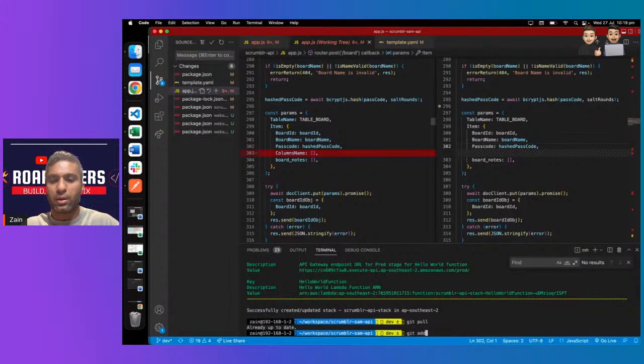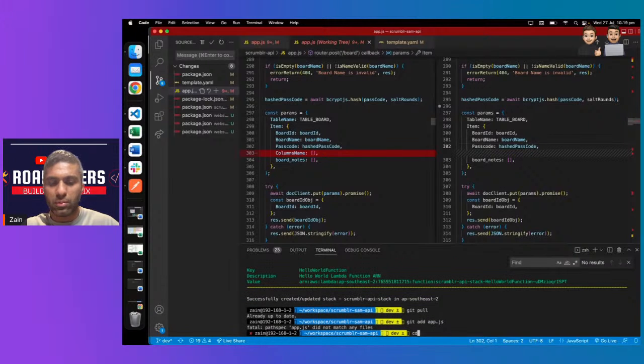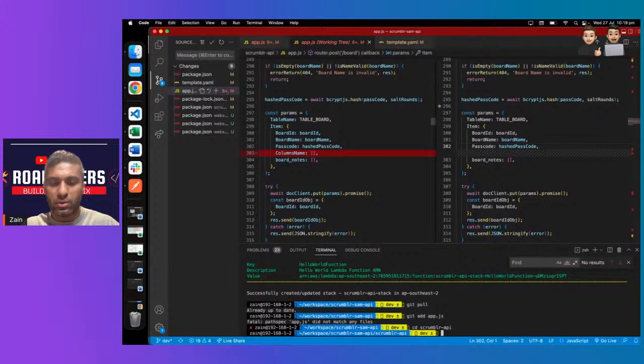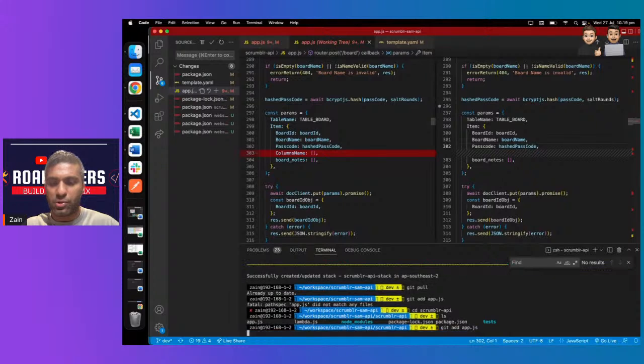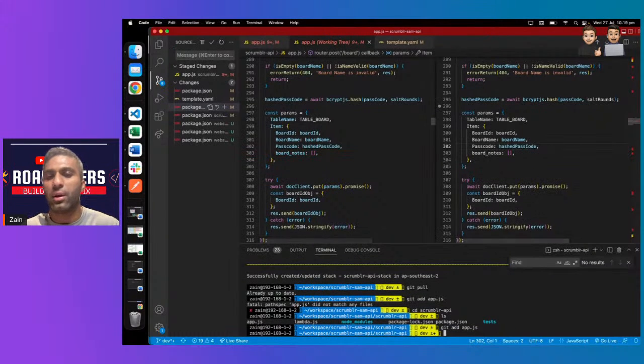Okay, add JS. No, okay. It's not in this folder. It should be in here now. App.js, yep. There it is. Okay, add app.js, and then it would be git commit